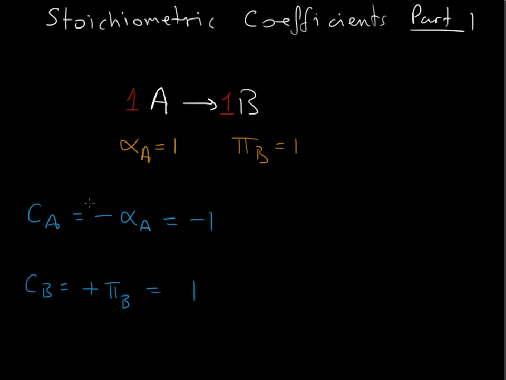You simply list, so for all species on the reactant side you just list them out. For all species on the product side you list them out. You make all the reactant stoichiometric coefficients negative. You make all the product coefficients positive, and then you just use the stoichiometric amount as the number to follow it. So to give you another example,